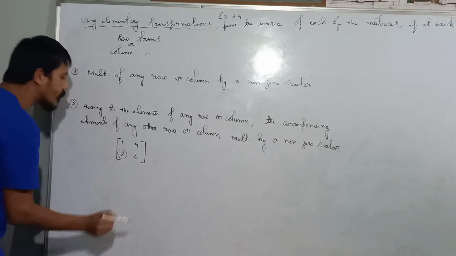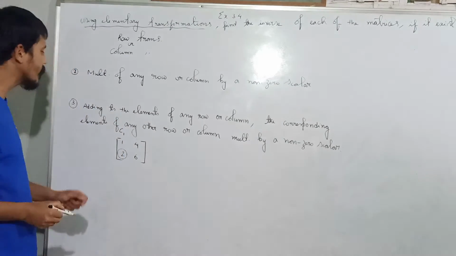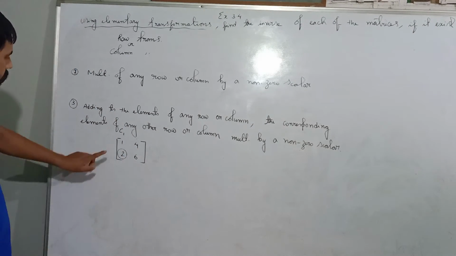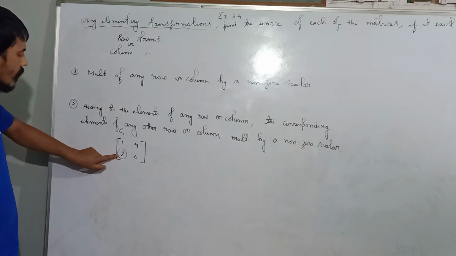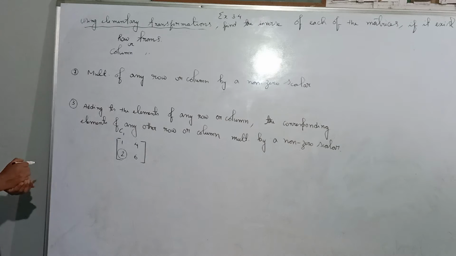Now I want to convert this entry of column 1. Let me do some column operations here. I want to convert this entry of the first column to 0. Then what I can do is,